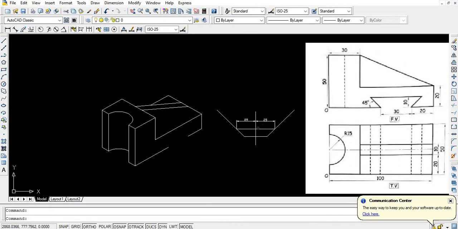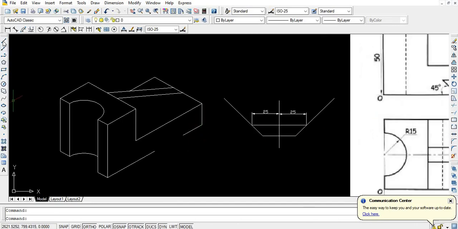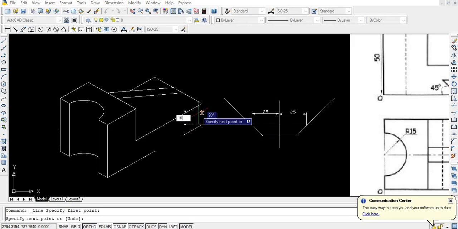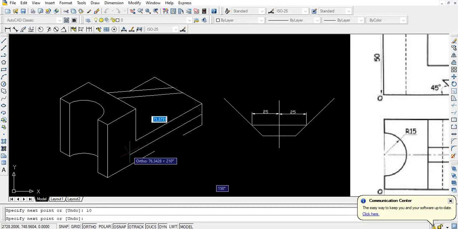So we have to draw this part. So this vertical distance is 10 mm. You can see here this 10 mm. So from 10 mm we draw one line. Okay, now line,